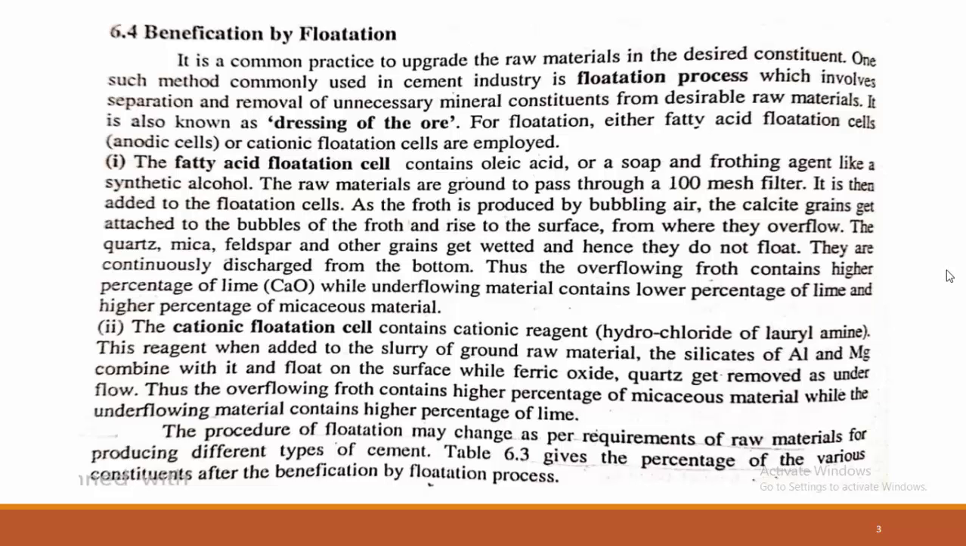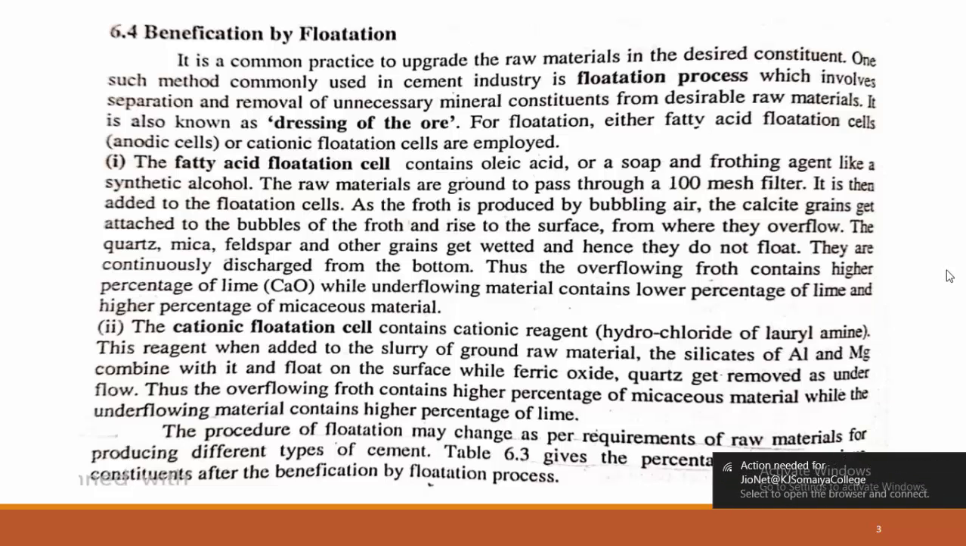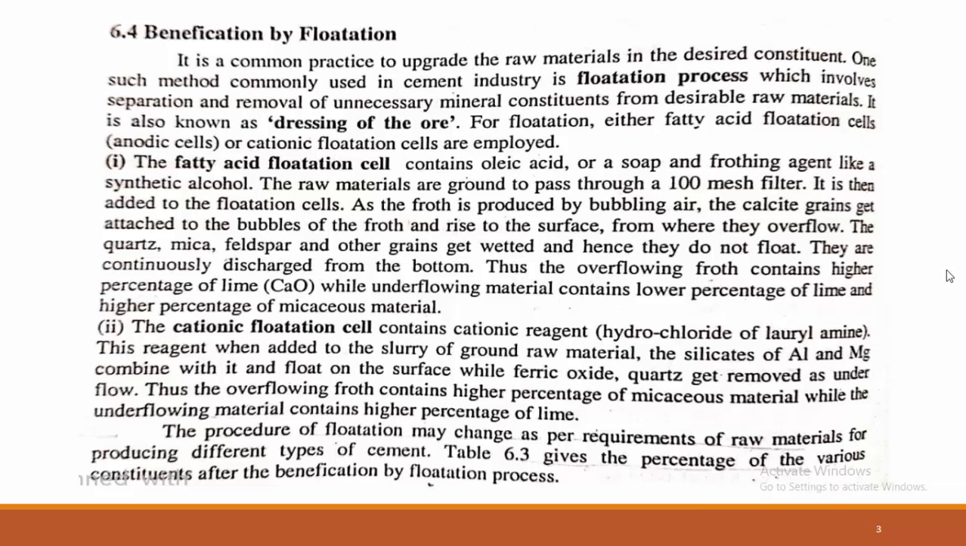One such method commonly used in the cement industry is known as the flotation process, which involves separation and removal of unnecessary mineral constituents from the desirable raw material. This is very simple. After proportioning of the raw materials, the material obtained from the dry process and the wet process, that is raw meal or raw slurry, can be further filtered, and certain unnecessary mineral constituents are removed with the help of the beneficiation by flotation method,